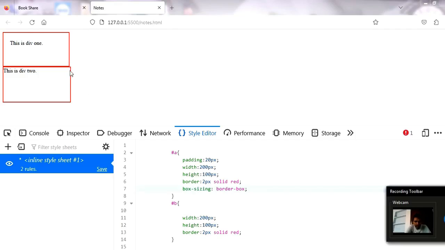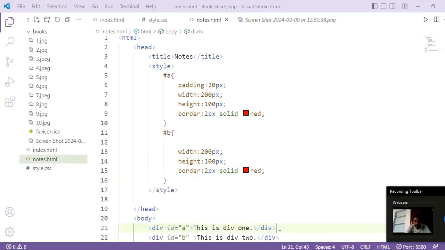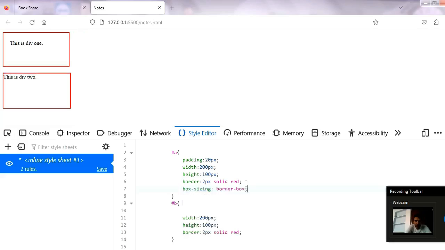So we can give here a break statement between these two, okay. So or better view आएगा, okay. So this is why we use box sizing, border box, so that if we give any padding and border, then they get adjusted and the content of the element. So here this is div 1 is the content of the element div 1, okay. It also adjusted itself, okay. I hope box sizing is clear to you now, okay.